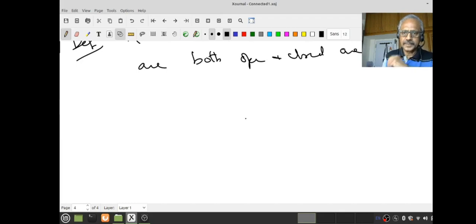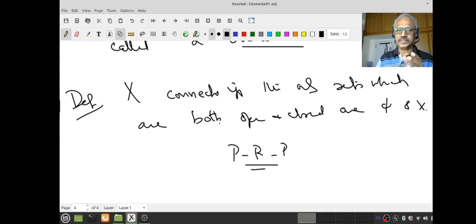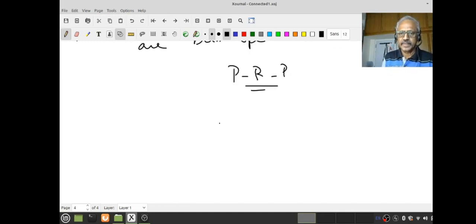Please go through it. How does it say there is only one piece? Because otherwise, if there is a set U which is non-empty, which is not X, but which is both open and closed, its complement V will also have the same property. Therefore X is going to be 2 pieces, U and V. That's the intuition you should have. Now let's look at our standard examples.